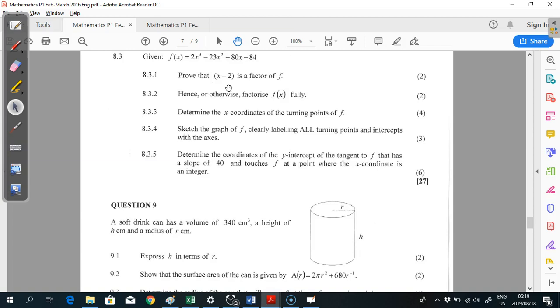Now, usually before the question, I suggest doing a little bit of analysis on the question. You'll notice that you've been given a cubic function, and what tells me that it's a cubic function is that the highest power is 3, so it's x raised to the power 3. A cubic function can be written in the form ax cubed plus bx squared plus cx plus d, and in this case my a value is 2. That's a positive number, which implies that it would be